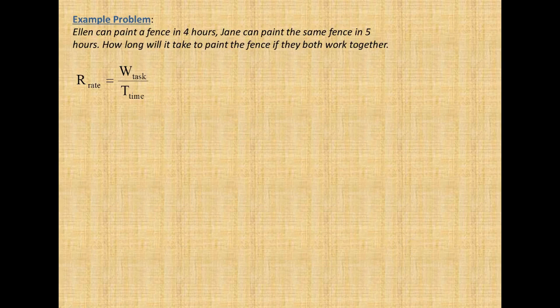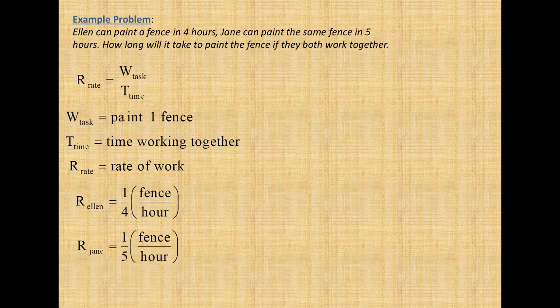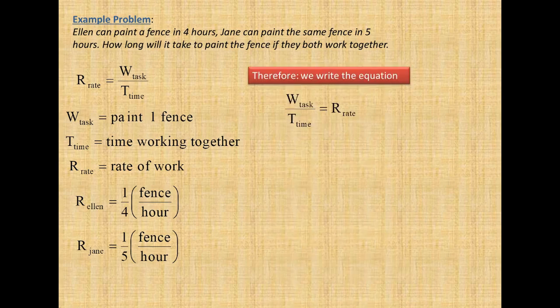So here's our same problem. Ellen can paint the fence in 4 hours. Jane can paint the same fence in 5 hours. How long would it take to paint the fence if they both work together? Rate equals work divided by time. So W is equal to paint one fence. T equals time working together. And R equals rate of work. So the rate of work for Ellen is she can paint 1/4 of the fence per hour. And Jane can paint 1/5 of the fence per hour. Therefore, we write the equation